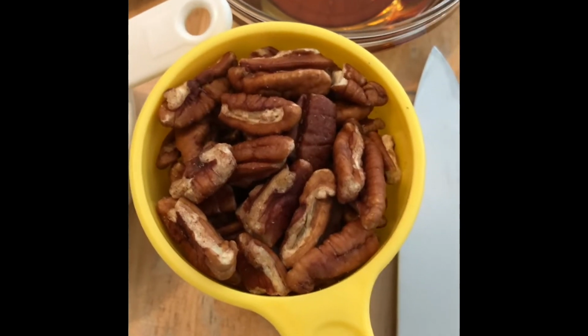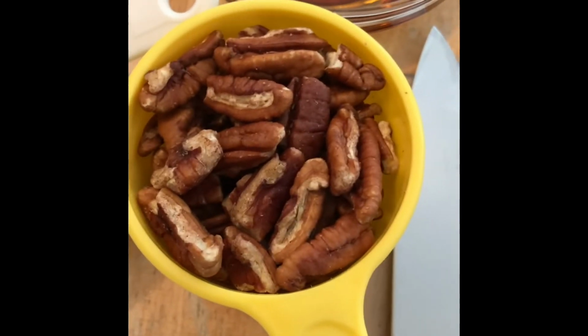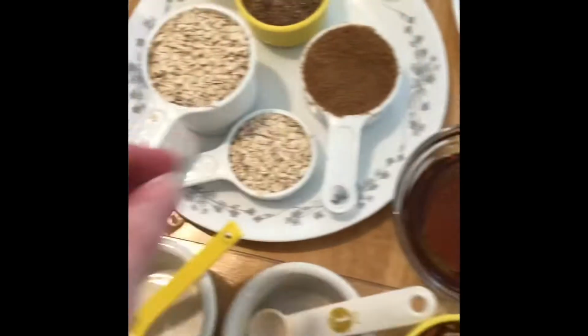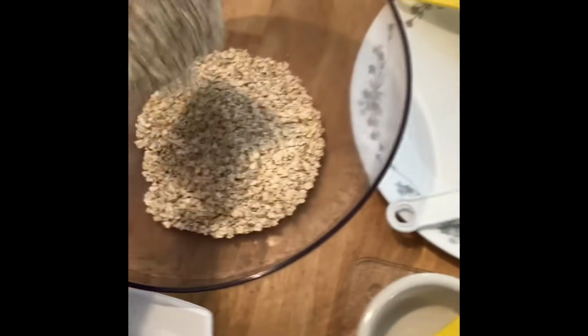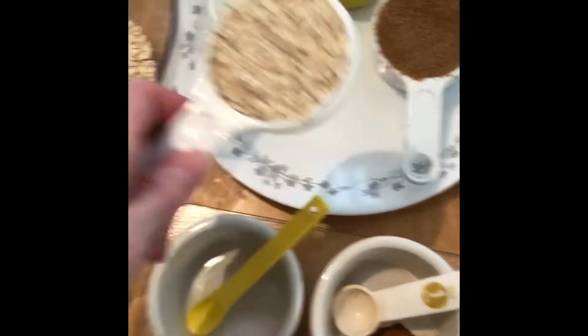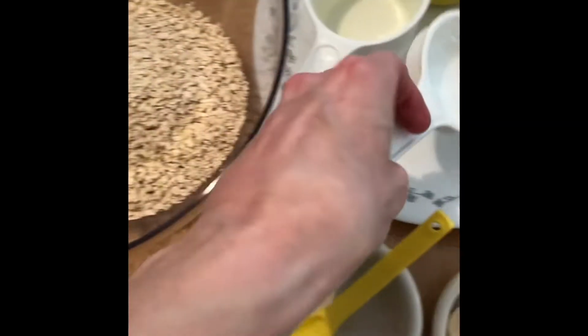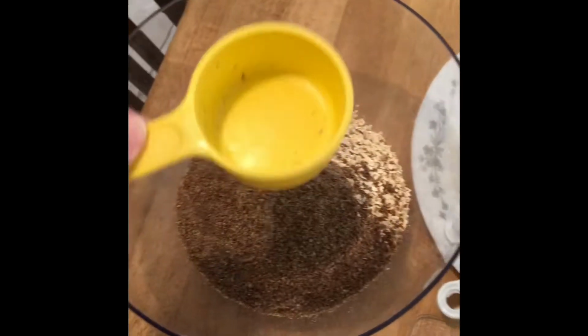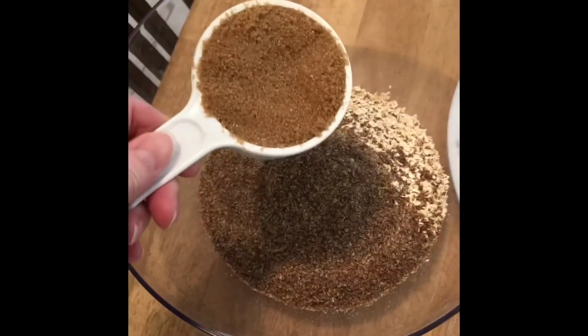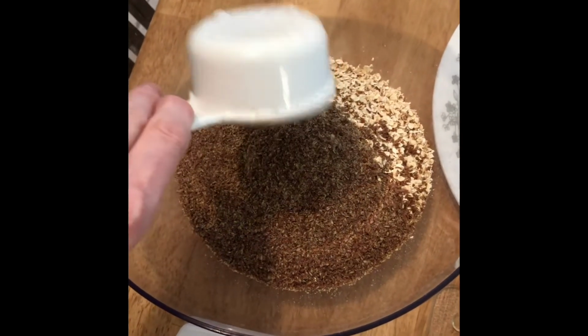All right, first I'm going to finely chop my pecans. There, put my 2 cups of oats in, the 1/4 cup of oats in there, the 1/2 cup of flaxseed meal, 1/2 cup of brown sugar,